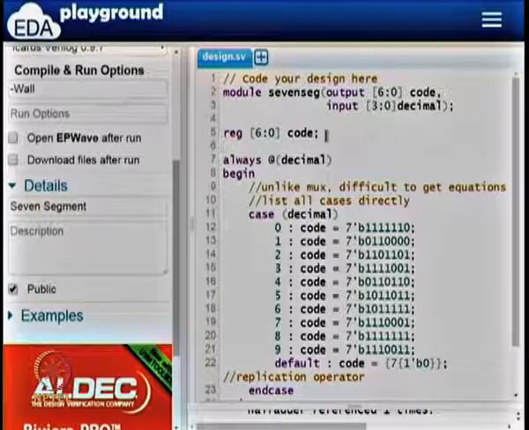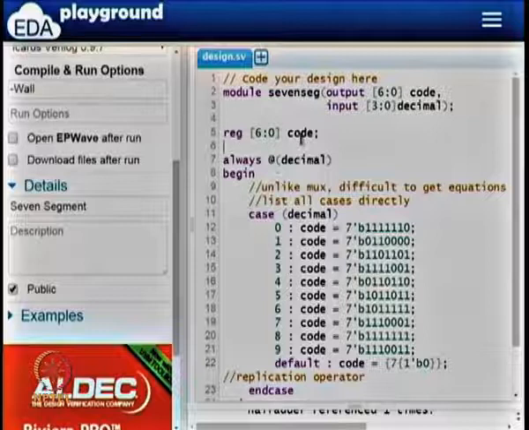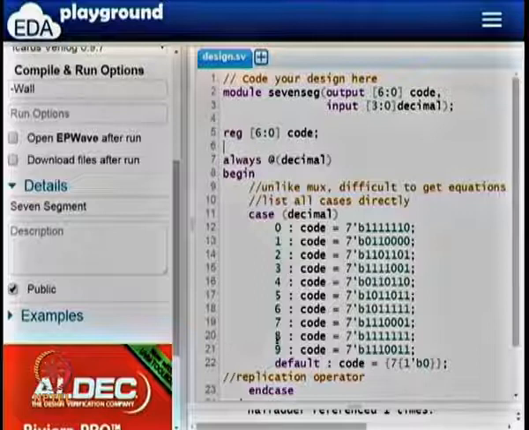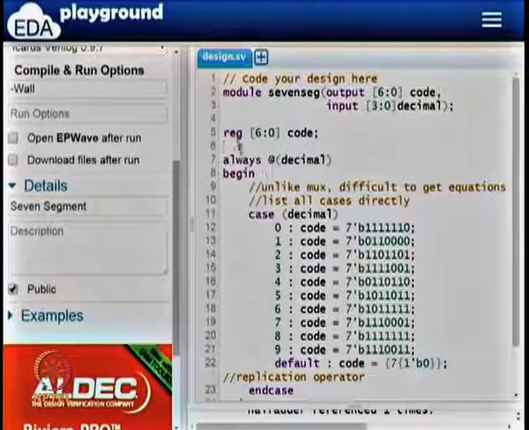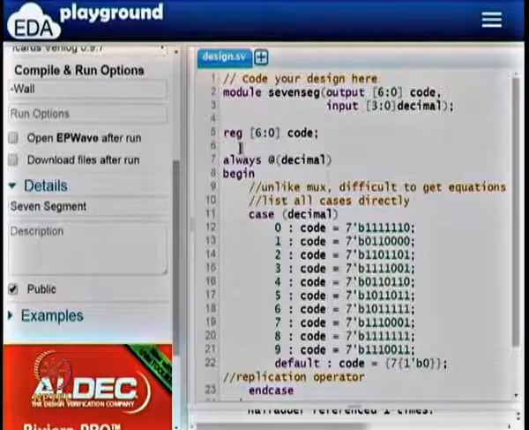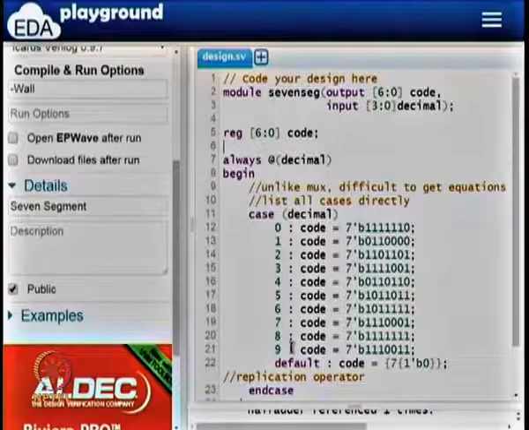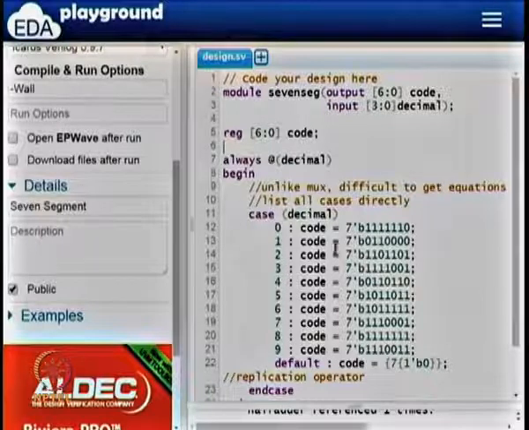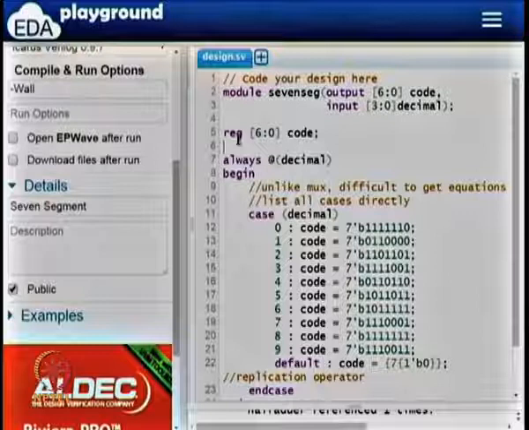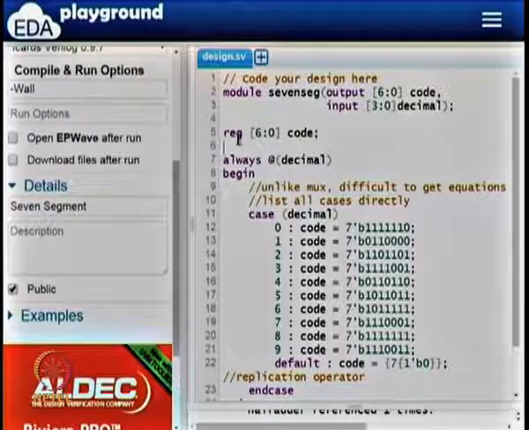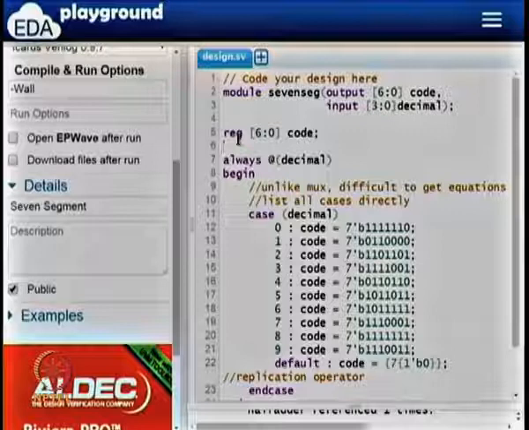What I have is I declare code as reg. The reason why we declare regs is that if you have to do any assignment inside an always block, it can be done to regs, it can't be done to wires. So any assignment that we are going to do inside an always block, the left side is code, so it has to be declared as a reg. Do not worry about why it is so. We leave it to the language designers. The language designers have decided it will be like this, so let us stick with that.